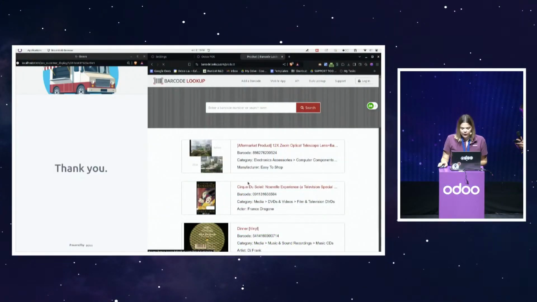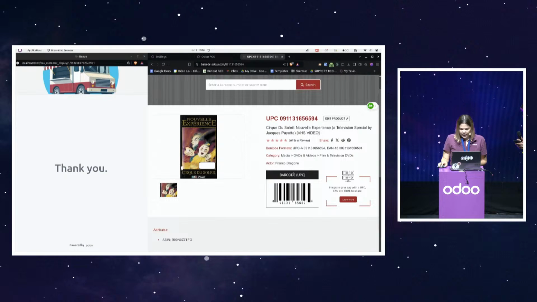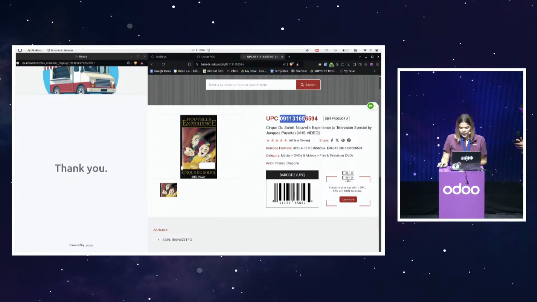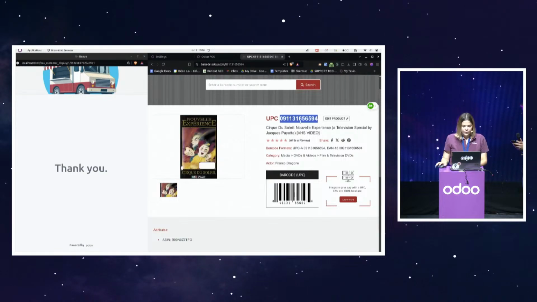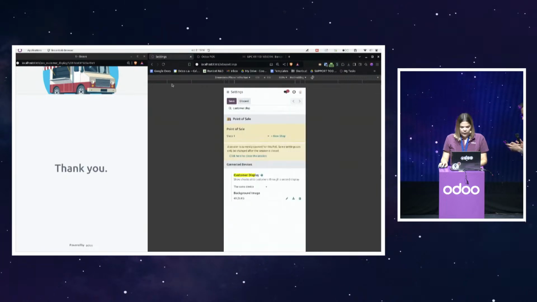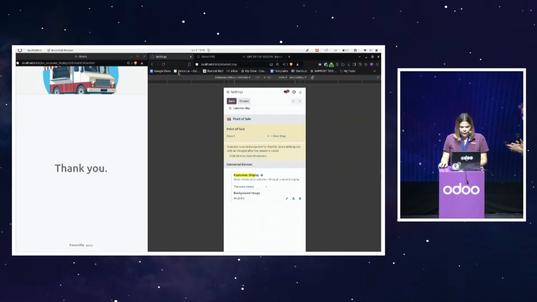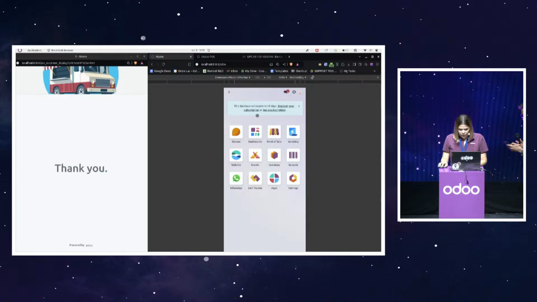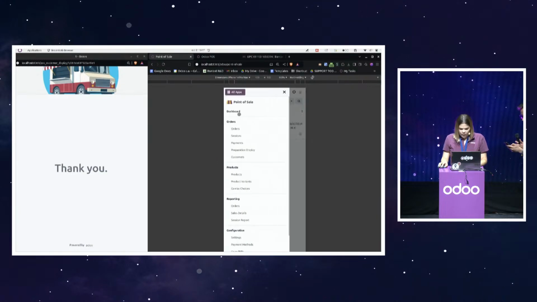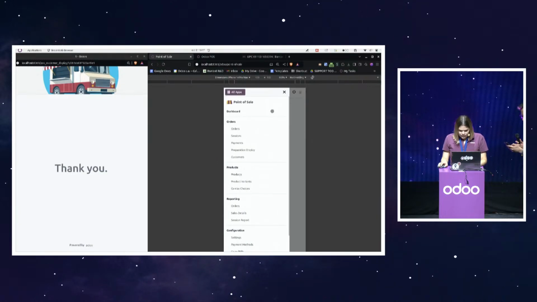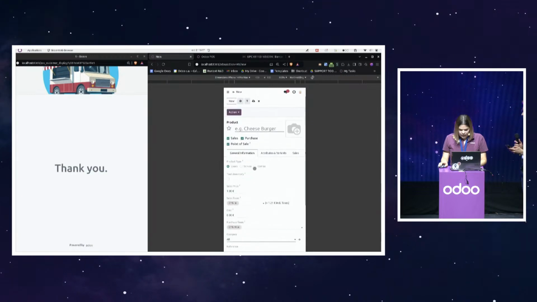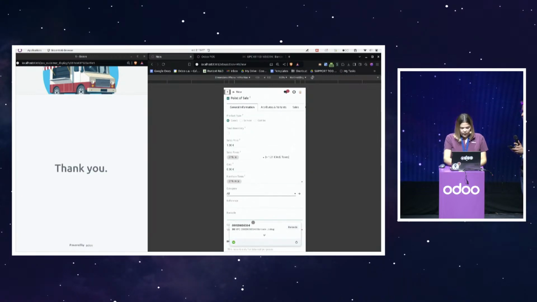So maybe, in the front end, it's perfect if you have a customer right now. I'll take the first product I can find just to show you. So here we take the barcode, and then we can go to the settings. Let's go back to all apps, point of sale, products. I can create a new one, and here is how it's gonna work when you do it from the